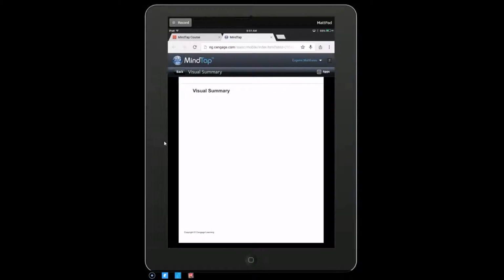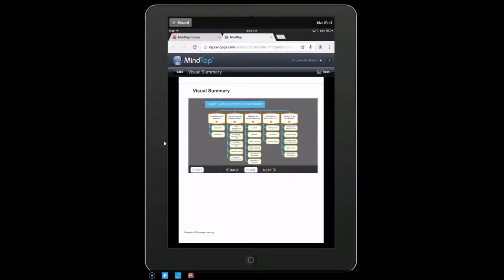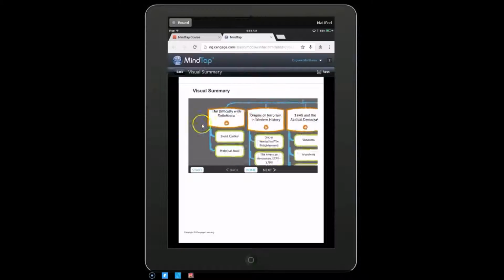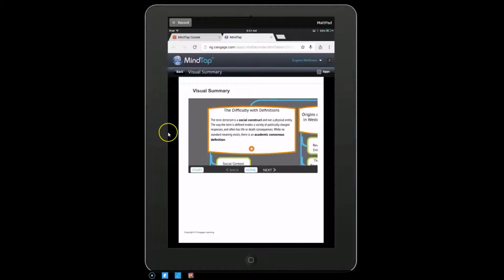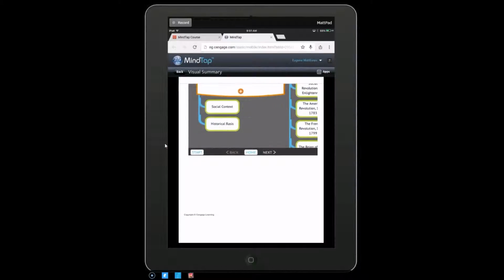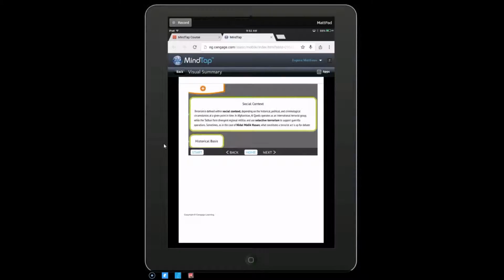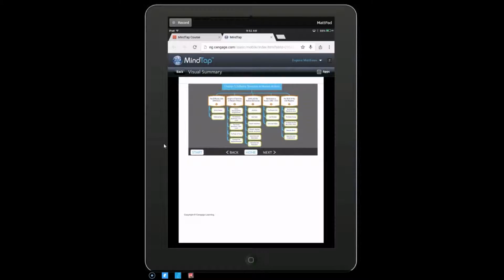In each of these blocks, you could further drill down and get into some of the other information that's in this particular chapter simply by clicking on the appropriate box that's there. It'll blow it up and then further define it. And if you scroll down, you can get to other information and pick up additional data. One of the things I really like about this visual summary is it gives you a nice, brief, and succinct overview of the